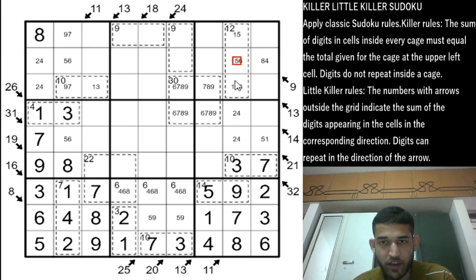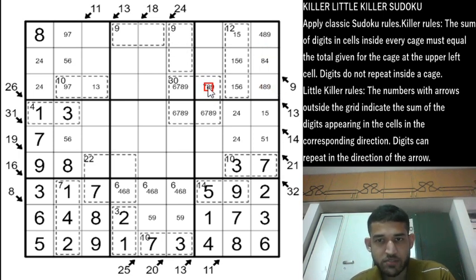Okay, now 1, 5, 6 we have marked here in row 1, 2, 3 column 8. So the 1 and 5 pair will be locked in these two cells using classic rules. 1 and 5 cannot be in these two cells, so 1 and 5 would have to be here, and these three cells will be 4, 8 and 9. And now we can remove the 8 and 9 from here because 4, 8, 9 are locked here, so this will be a 7. Row 3 column 7 will be a 7, so this will be a 6, 8 and 9. This will be a 6, 8 and 9, and this has to be a 6, 8 and 9.